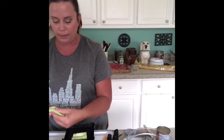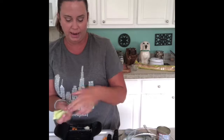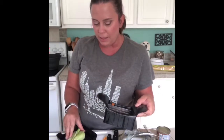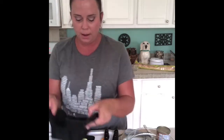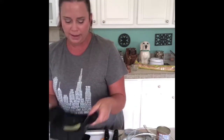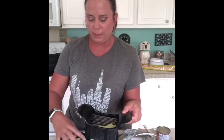I'm going to get a couple of pieces of cucumber on there. And I'll just go back the other direction. So it's great. It makes really nice slices. It's great if you're doing pizza night, you want to do all your toppings up really quick. And of course, anytime you're doing a salad prep, it's kind of tedious. So if you can save time, it's always a good thing. So I'm going to pop this over here, down that way, and across the other way. Okay, so moving on, after I get this little piece right here,